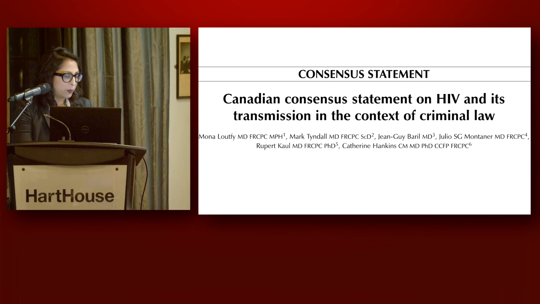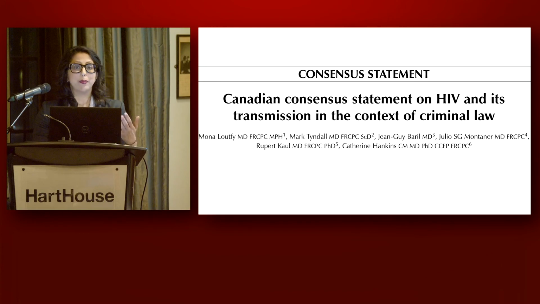And I think the impetus behind this was really an understanding in the medical community that probably U does equal U, right? Even though we didn't have all the data at this point, the data that we did have really suggested that that was the case, and people were being prosecuted in a way that didn't necessarily reflect true risk. So this document was created as a way of trying to provide some evidence to support a more evidence-based approach to criminalization, not because people agreed with criminalization, but because they recognized that it was being done in a way that was very problematic.